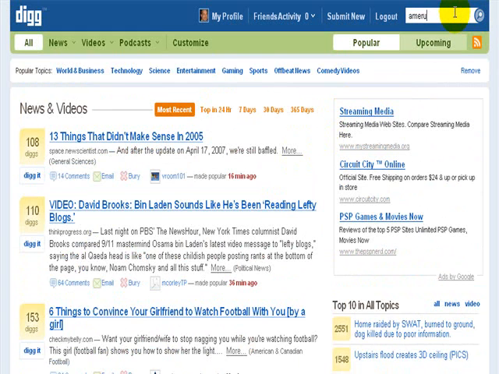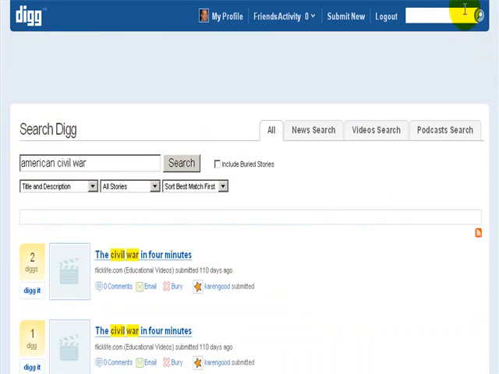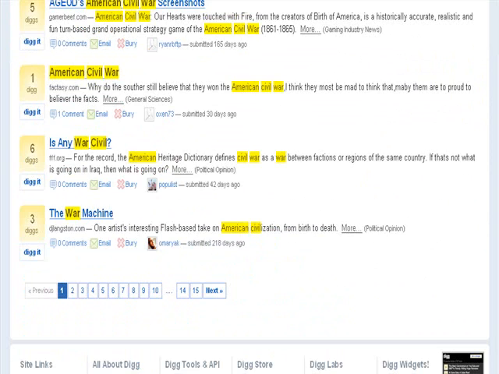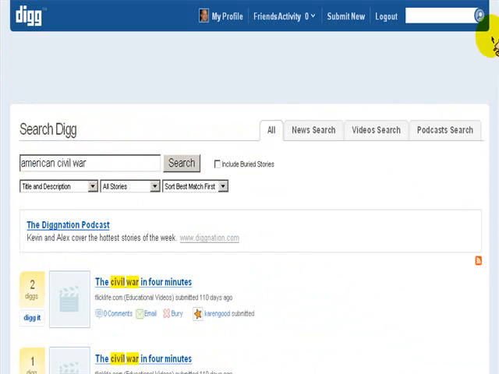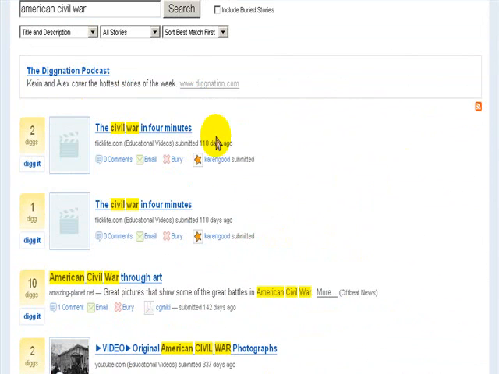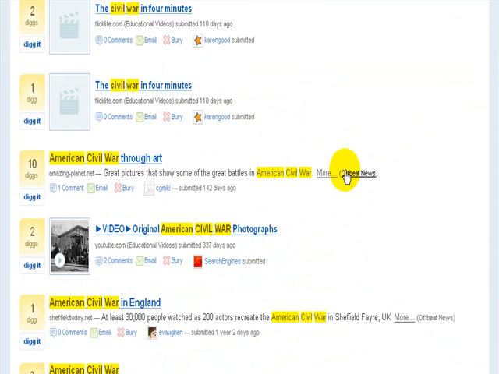You can search just about anything, even if it's a really old story. So just to prove that, we'll do American Civil War. All right, and let's check out what we pull up for the American Civil War. Okay. So we got a total of, wow, it looks like about 15 pages of stories. And just at the very top of the list of stories, there's an educational video, Civil War in 4 minutes,